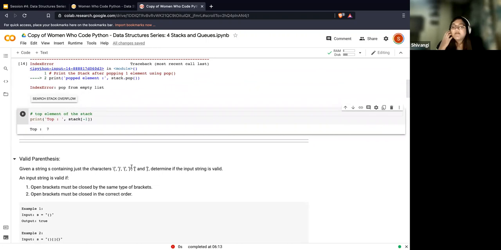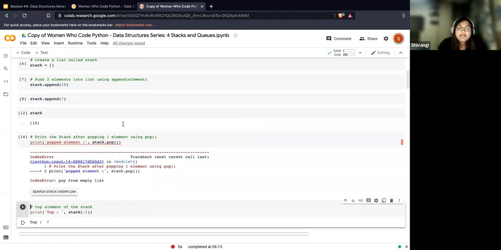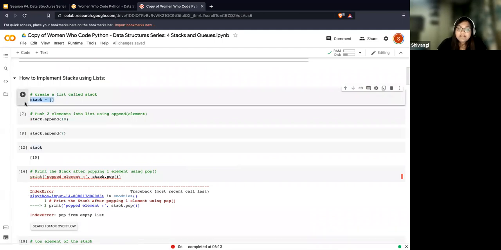Cool. Okay. So when a stack is full, right? In this case, since we're using a list implementation, we haven't put a constraint on the size of the stack over here. But usually the implementations, even in your computer memory, the heap and stack actually have a maximum heap size or a maximum stack size beyond which you cannot go.